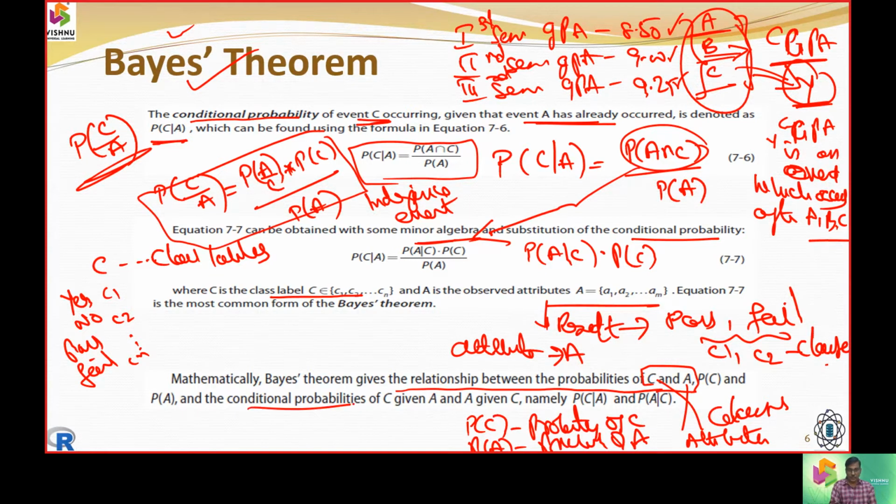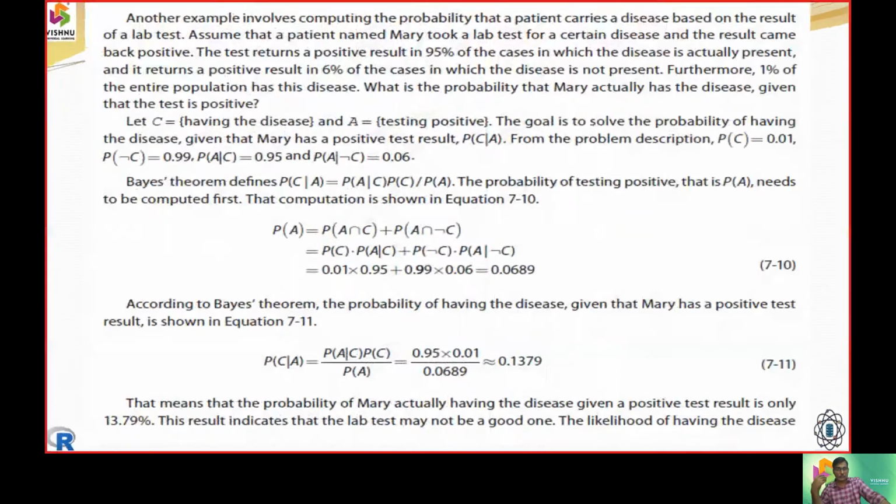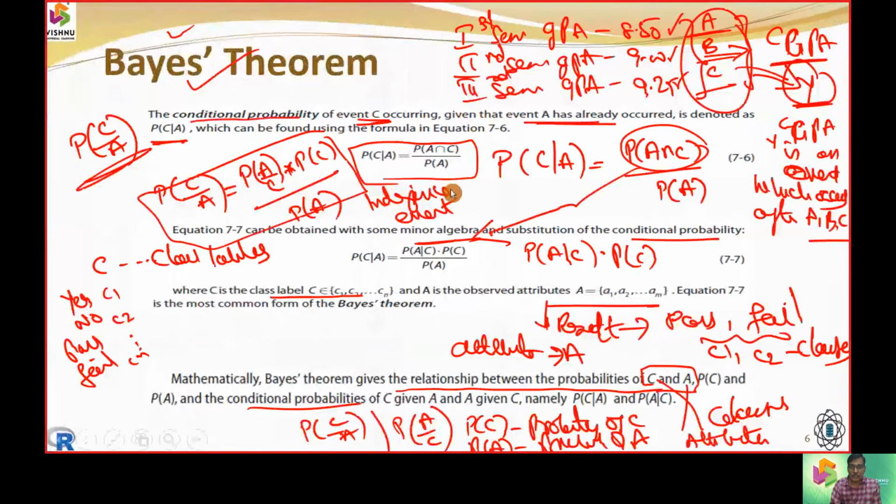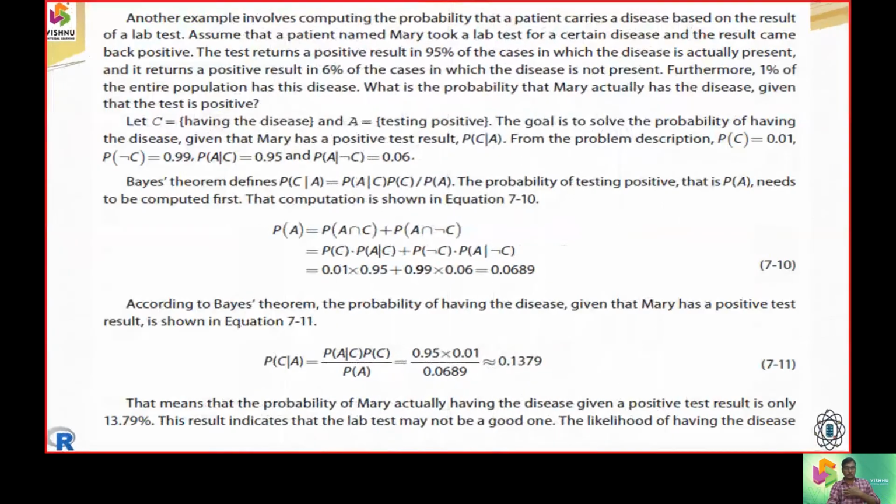And now comes the conditional probability, which we name as the probability of occurrence of C if A, or the probability of occurrence of A if C. In this way we look at the events because of their interdependence, or in order to have a relationship between two elements. Fine. Now let us take one simple example to solve the Bayesian theorem and compute some values at this point.